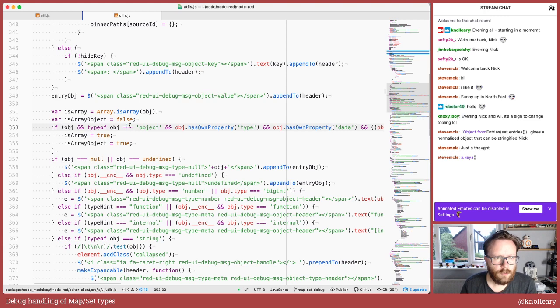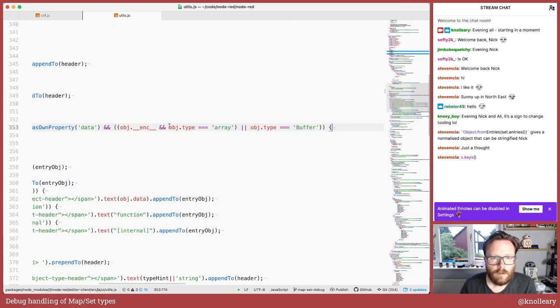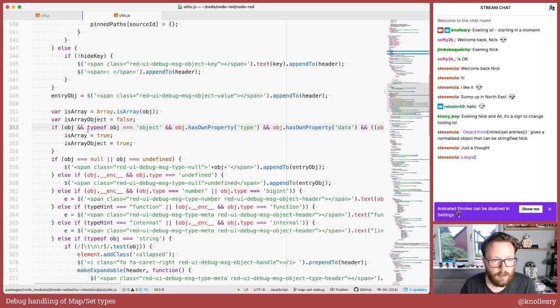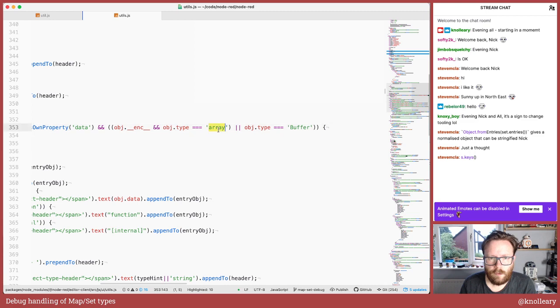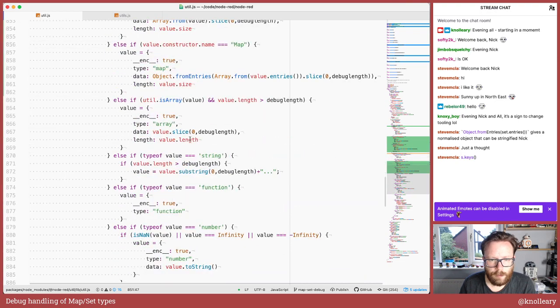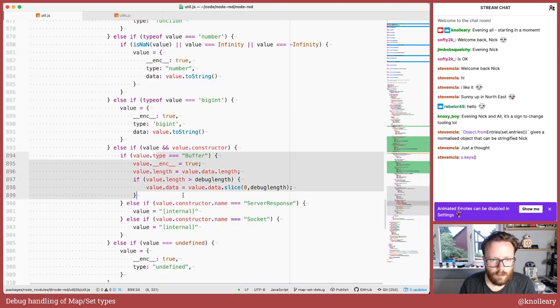So we jump straight to all this logic around wherever we look, if it's gotten this enc property, and straight away we can deal with set very easily because we've got these internal flags saying is array or is array object. I can't quite remember what is array object means, but this is how we handle array and it's how we handle buffer. I just want to quickly check back on the backend code about